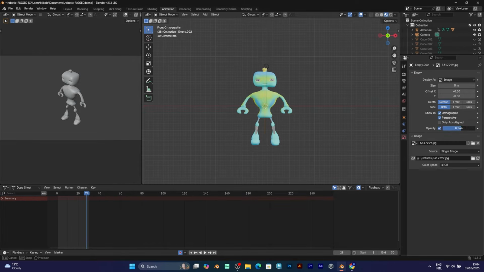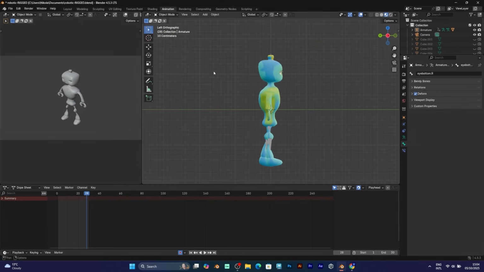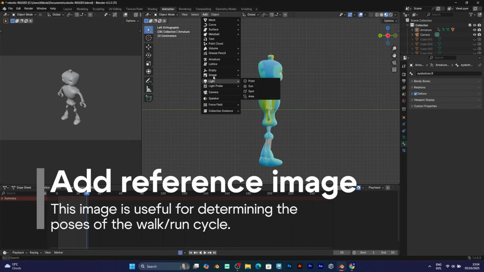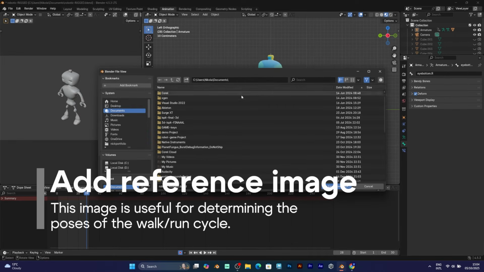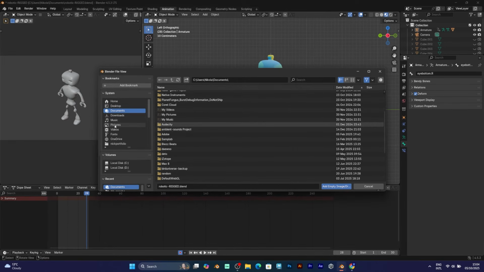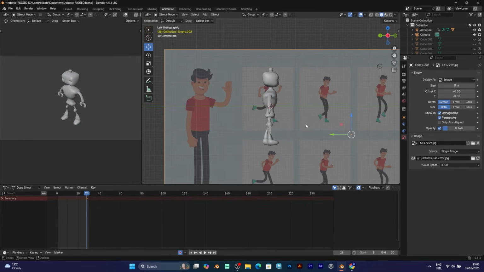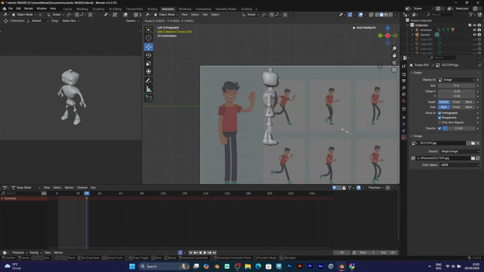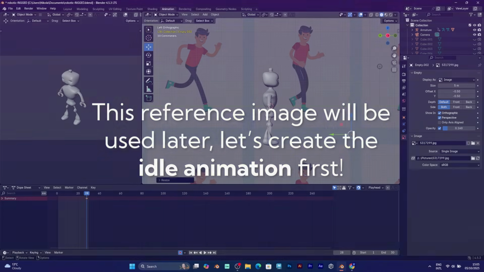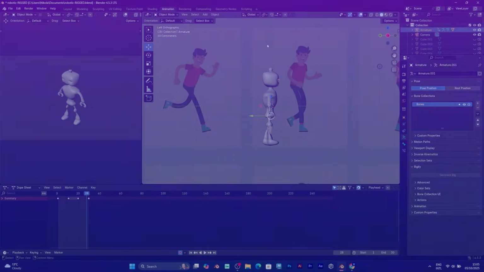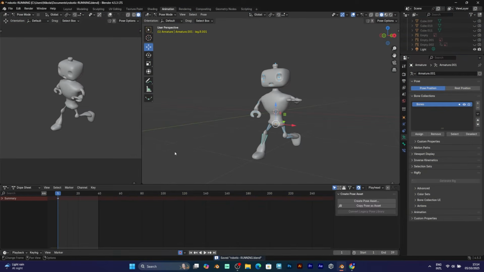I would also recommend you to add a reference image. The reason for that is because it is useful for making a walk cycle, because defining positions would be difficult without this reference image. You can find a reference image anywhere on the internet or try to imagine walking or running. To make the idle animation,